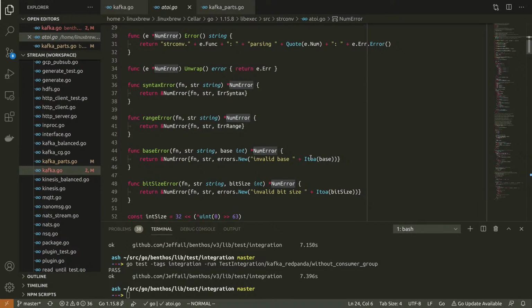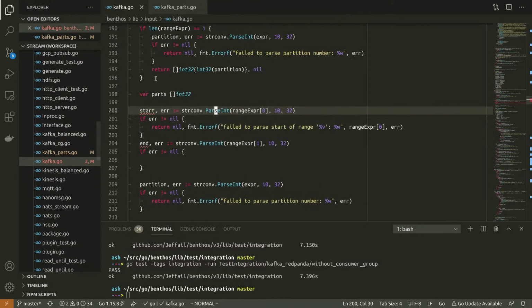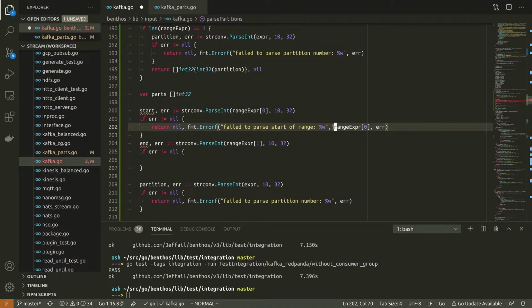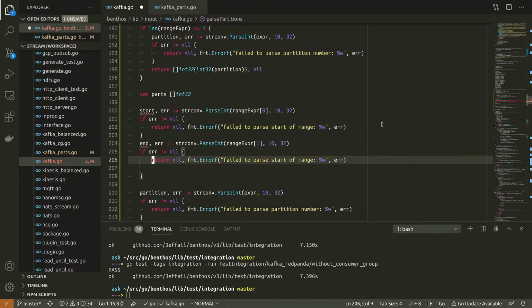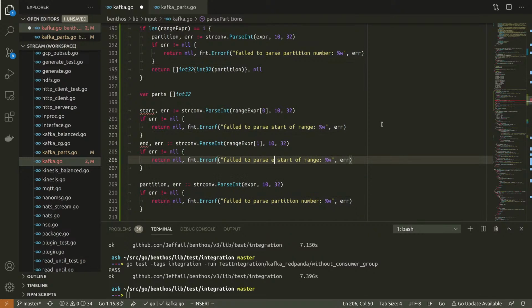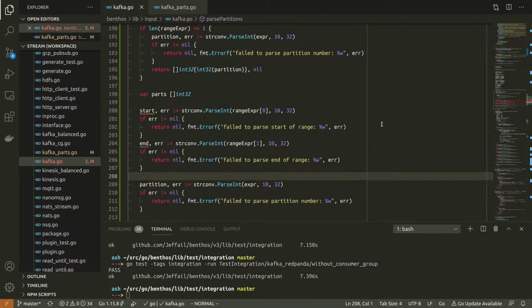Yeah, it seems to already print what the number actually is, so I don't need this bit. Failed to parse start of range. And then here, failed to parse end of range.